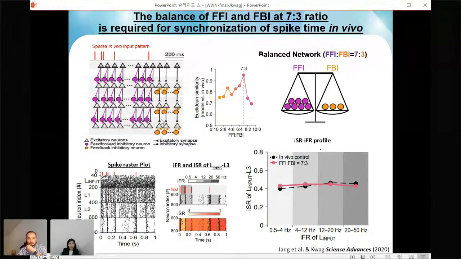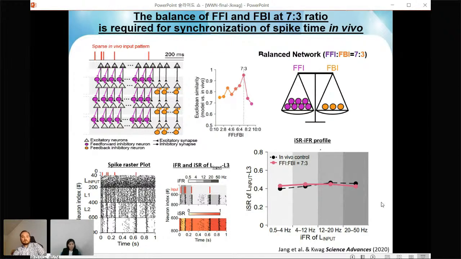see that when the ratio between feed-forward and feedback inhibition is 7:3, this can simulate the same iSR-IFR profile as in the in vivo control condition without any PV and SST perturbation. So this is the balanced network that allows for the synchronization of spike times across all frequency ranges when the feed-forward and feedback inhibition is at a 7:3 ratio. This is what we're going to call the balanced network to allow for the neural coding of sensory information